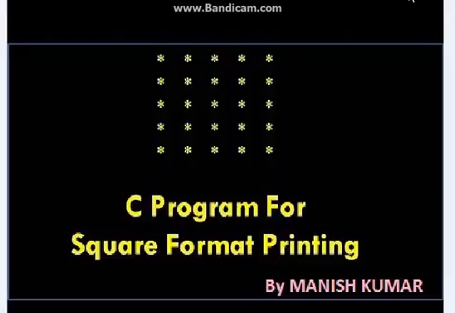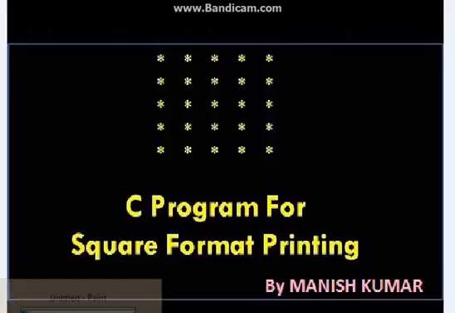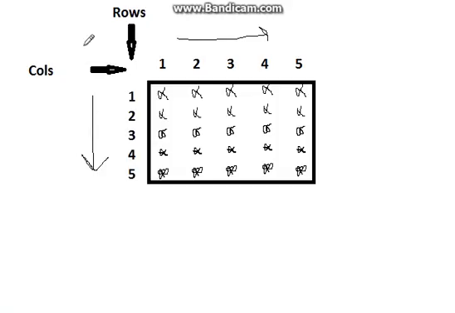Today we will print a pattern that is a star, and if time allows we will also print a numerical pattern. First of all we will come to the setup, and I have made a setup as this. This denotes the number of rows and this denotes the number of columns in our square, and these are the stars that we will print using a logic.